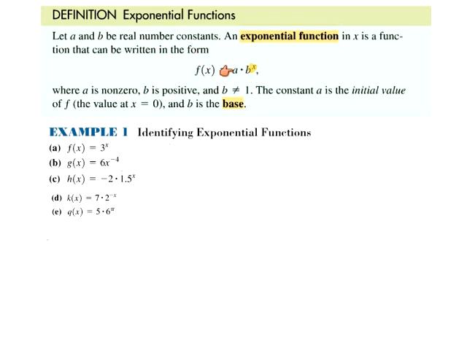So we said that a cannot be 0. A is also your initial value. That comes into play with story problems. So when you're looking at what the starting value of your function is going to be, the starting point, that is going to be the a value of your function. B is what it's increasing or decreasing by. So b is what we call that base. It's what you multiply by to get to the next term in the sequence.